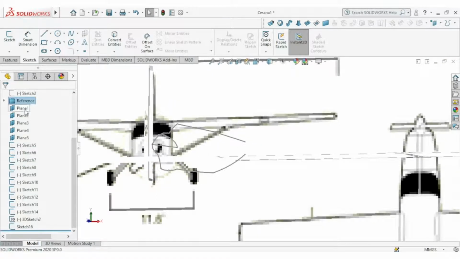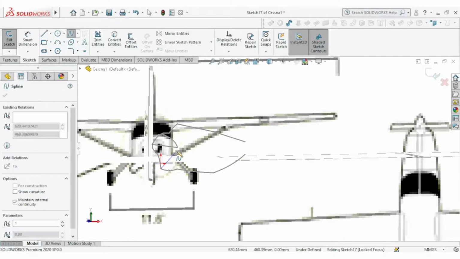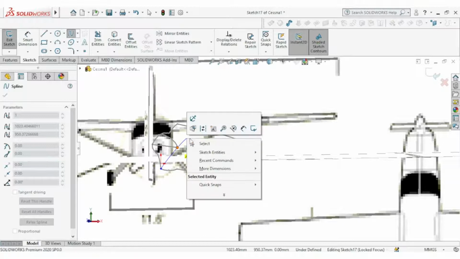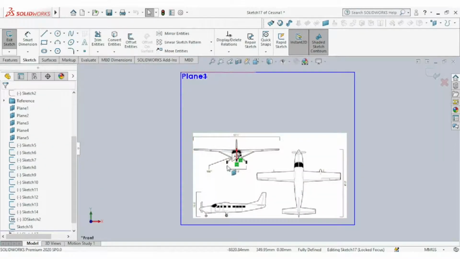So still on plane 1, click sketch, then the remaining part, and then again go to the front view.